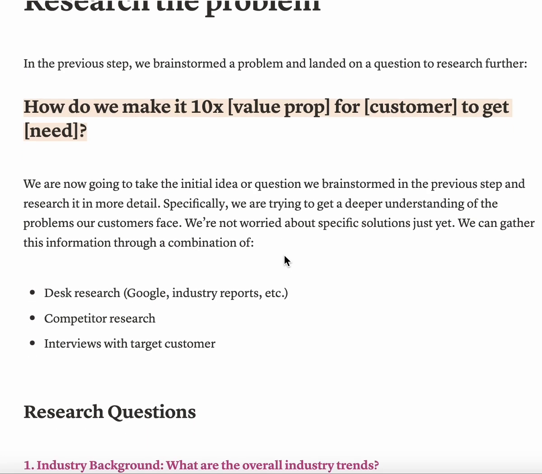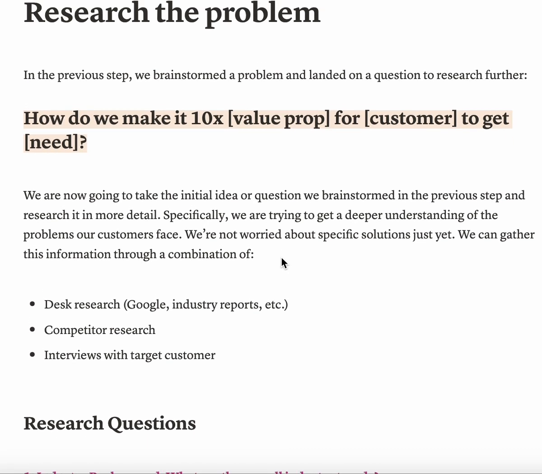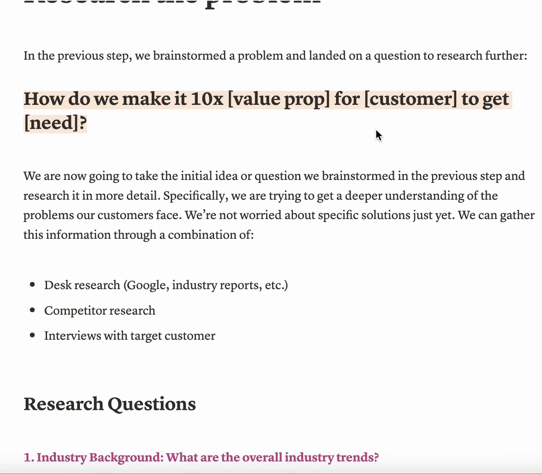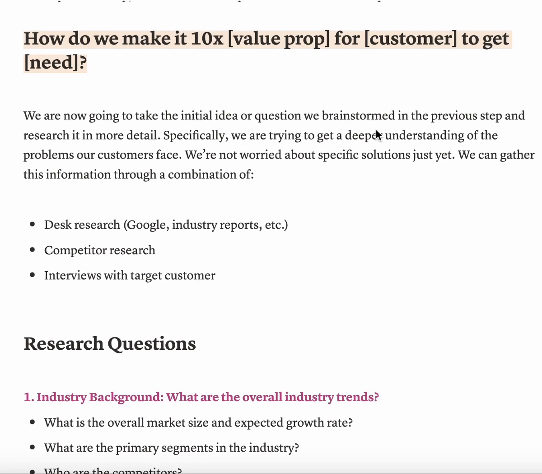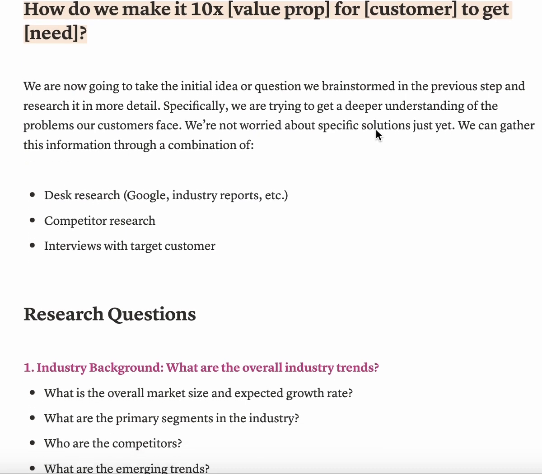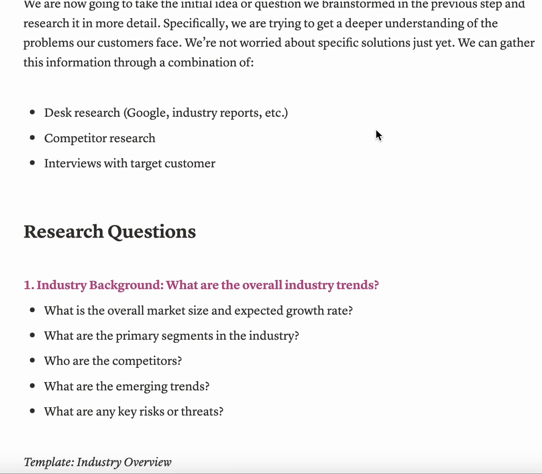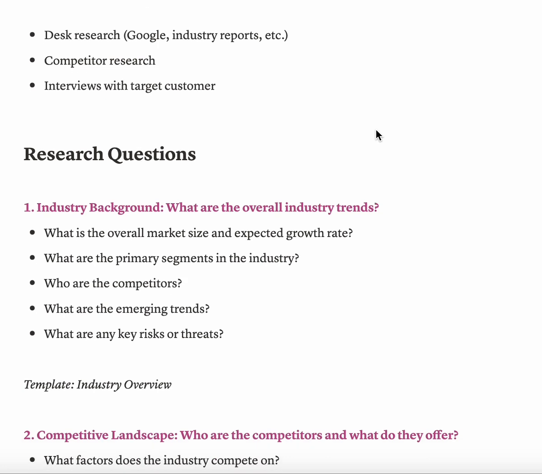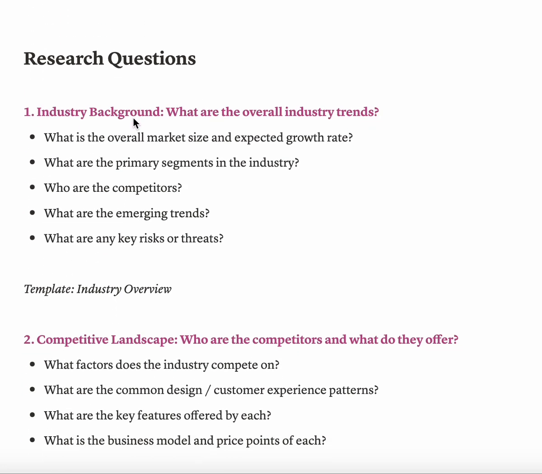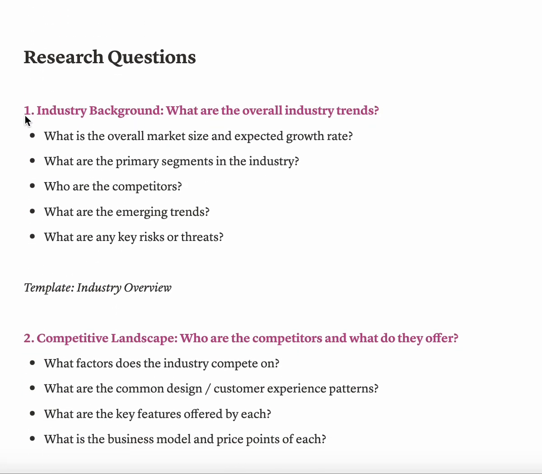So there's a couple of ways to do research. Of course, there's many ways, but a few that I like to focus on initially are just some basic desk research, some competitor research, and potentially interviews with the target customer that we've identified already. Now, to take it step by step, typically some of the key questions that I like to look for at this research stage is, one is